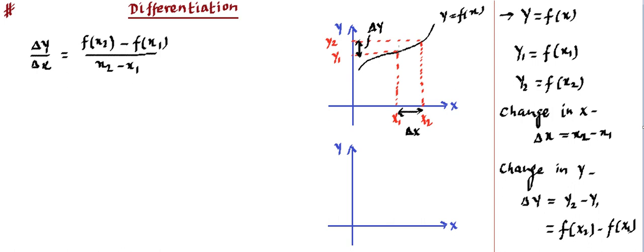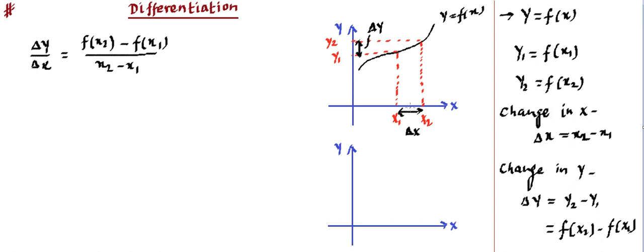Now the function can be of any type. So the change at a particular location may be different as compared to another location. That means if we take the same change over here at this location, then we may find a different amount of change in y for the same amount of delta x chosen at a different location. So that means this is also going to be important for us to know where this change is being taken, right?